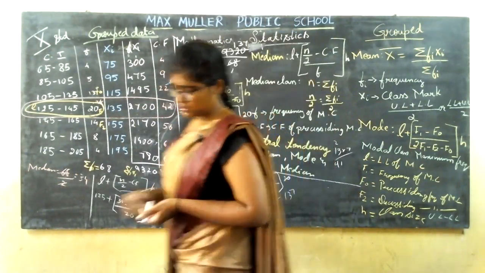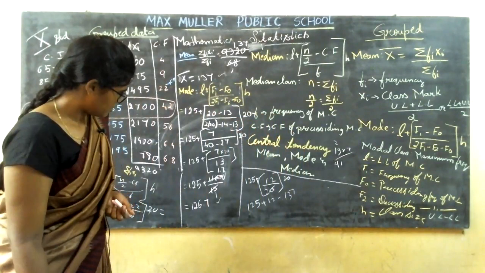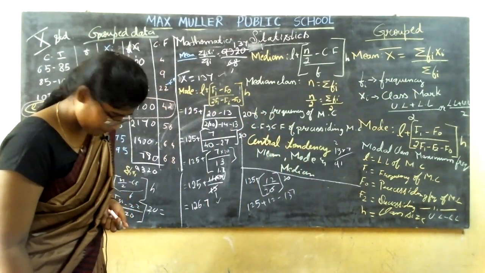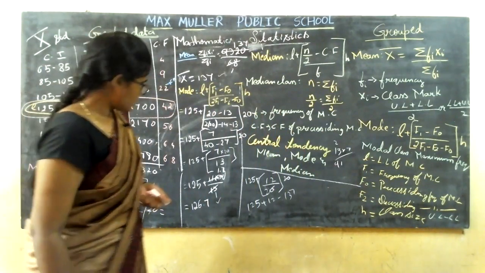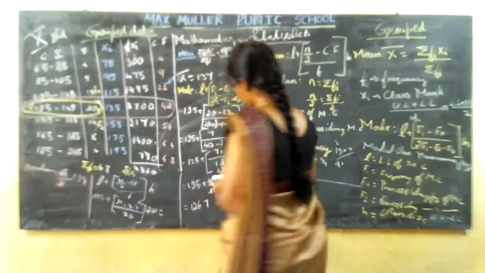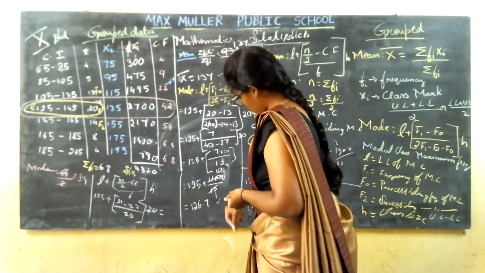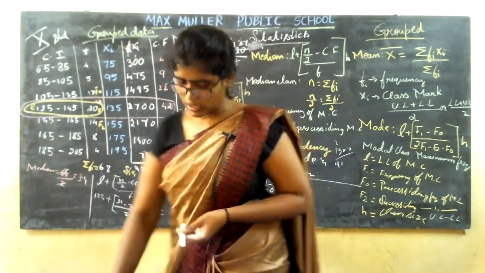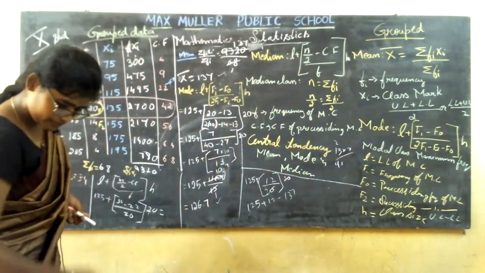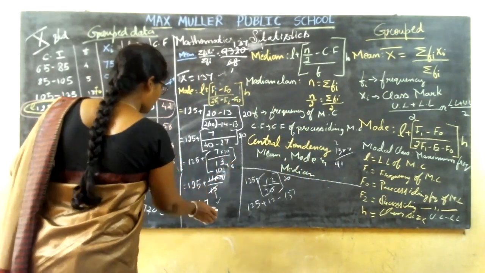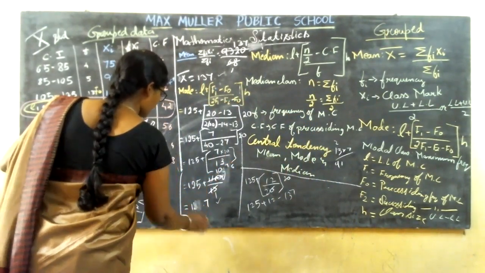140. If there's some mistake in the definition, I think so. Division. So 140 divided by 13. It is 10.7. Correct. It is 10.7. It's 10.76 you can take. So you keep it as it is 5.